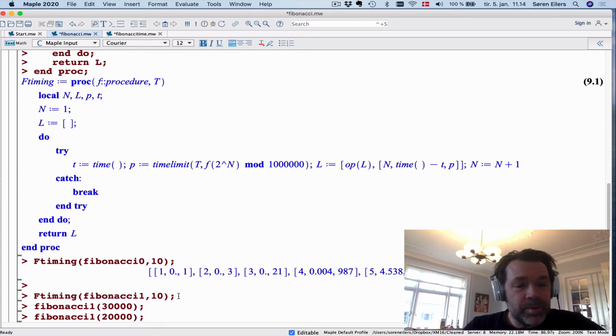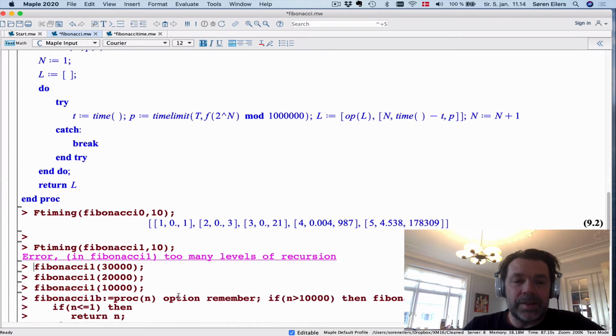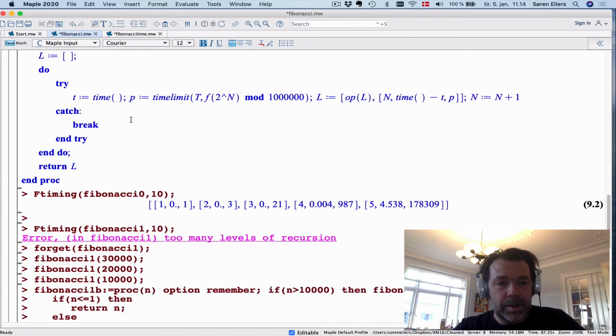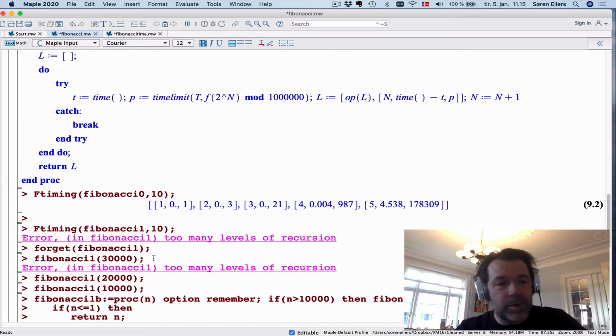So when you use it with a remember table, you'll see that actually you run into a problem here. And running into a problem in this setting is actually good news, because it means that before spending 10 seconds, Maple can compute a lot of Fibonacci numbers. But what's going on here is, suppose I just forget Fibonacci 1, so I can show you. So I forget Fibonacci 1, which means I delete the remember table,